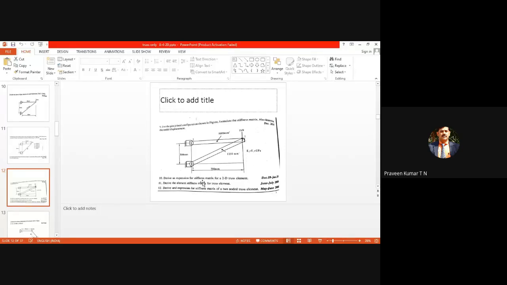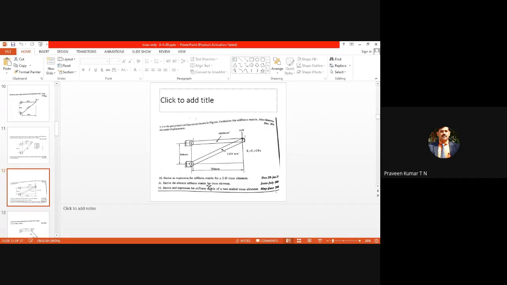Then if they ask in exams, derive the expression for stiffness matrix for the 2D truss element. A 2D truss element is nothing but a plane truss element. What you are doing now is a 2D truss element or plane truss element, because in global coordinates the same point can move along the x direction as well as the y direction. The deformation may be along x as well as y direction. The force also may be along x direction as well as y direction, not in the z direction. Hence, it is referred to as the 2D truss. That derivation you have already done. This is one.